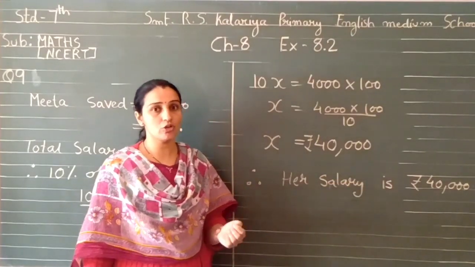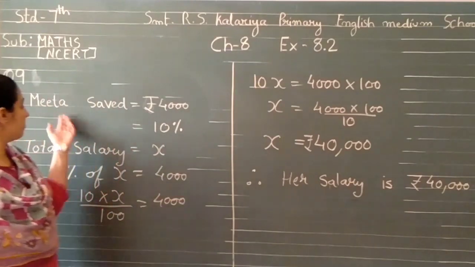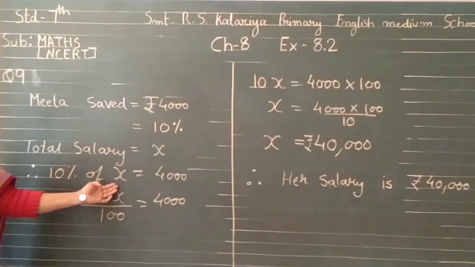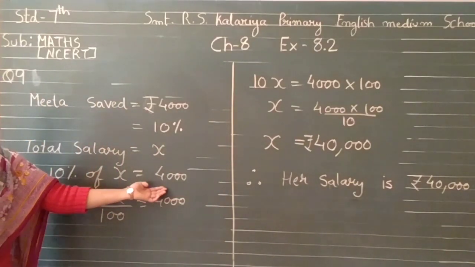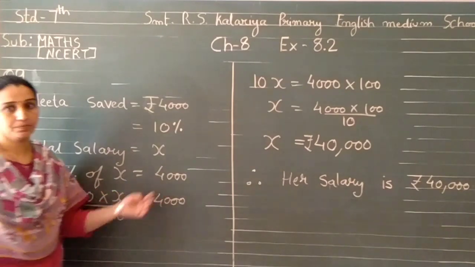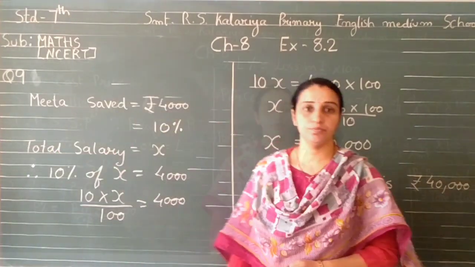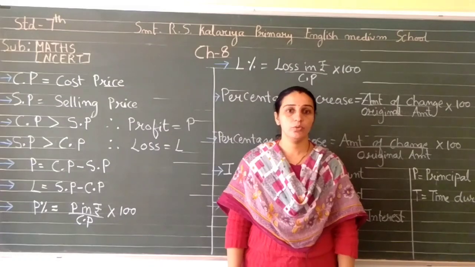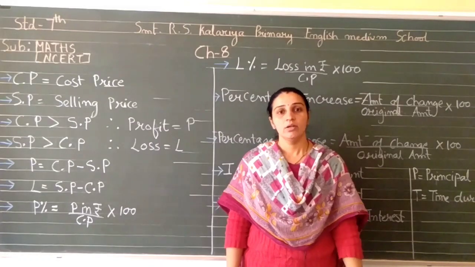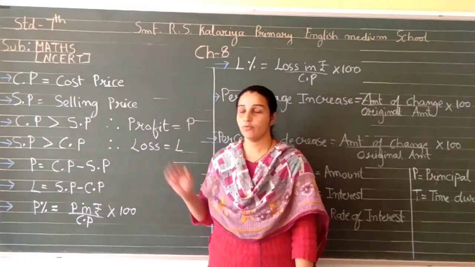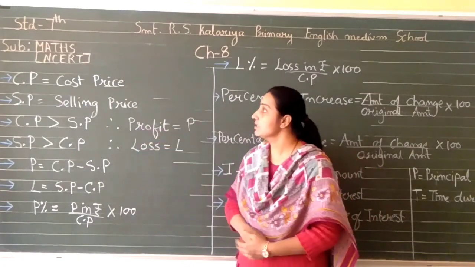Again you can cross check your answer. That is 10% of 40,000 is equal to 4,000. Yes. Moving on to 8.3. You must know all these formulas. CP is equal to cost